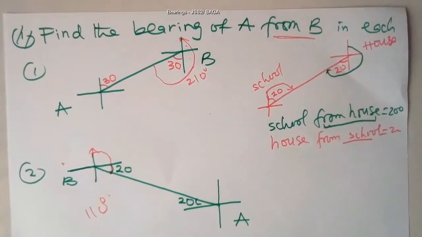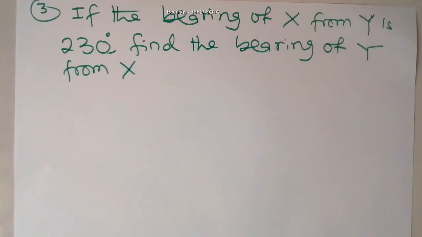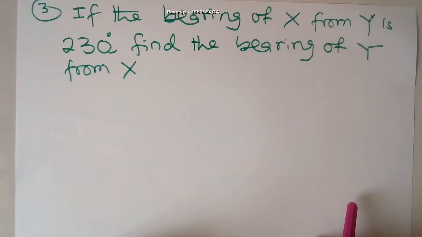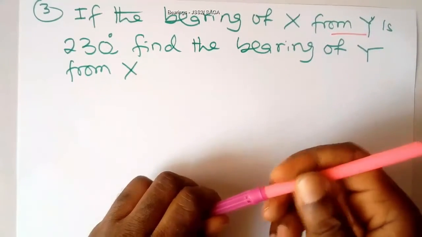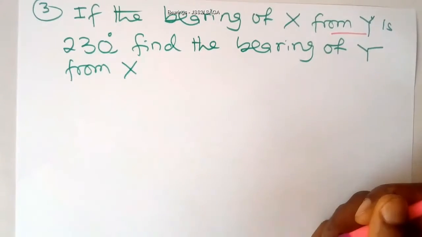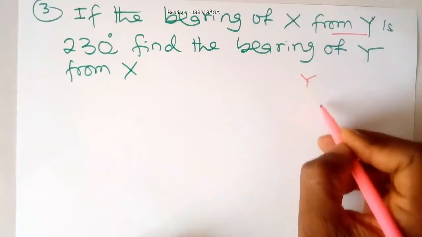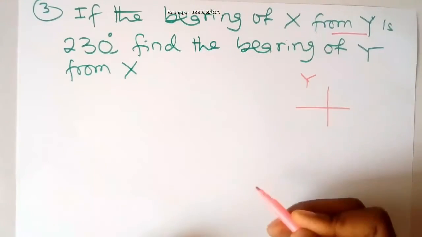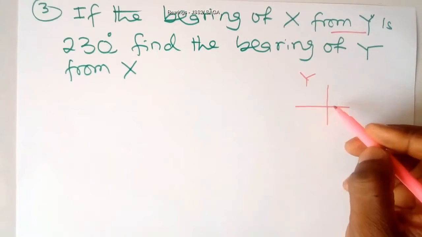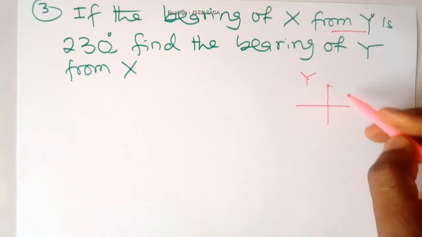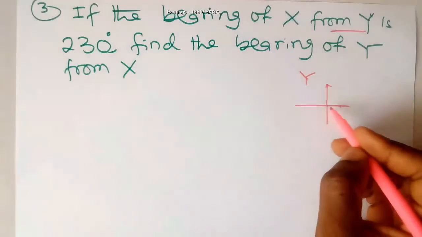So let us take another example. This time around, the diagram is not given. We have to come up with the diagram. If the bearing of x from y is 230, which one should I write first? I have to write the position of y. This is y, and at any point you must draw the cardinal points. The bearing that x takes from y is 230, starting from the north. This is 90, plus 90, 180. 230 is in this